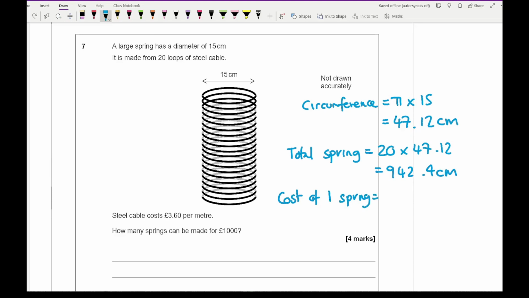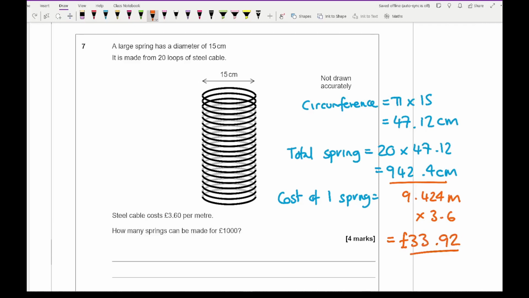That's going to be £3.60 multiplied, well, it's per meter, so if I convert this length into meters, that's going to be 9.424 meters. So the cost of that, if I multiply that by £3.60, is going to come to a total of